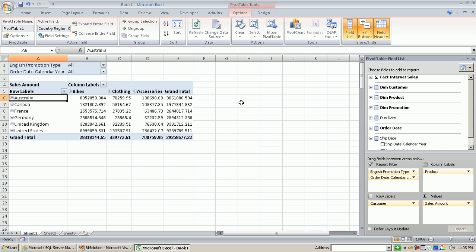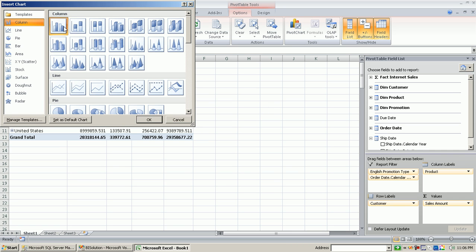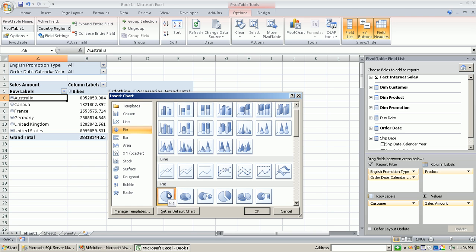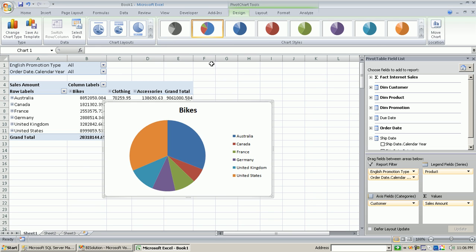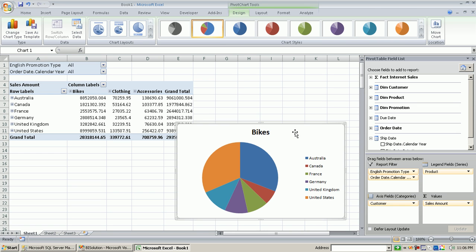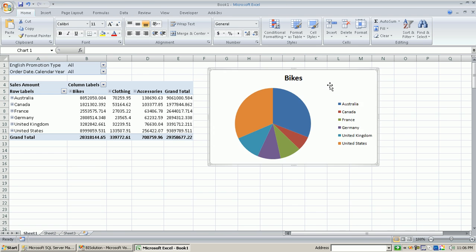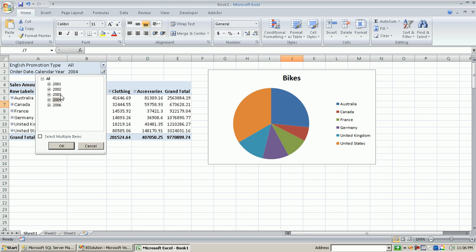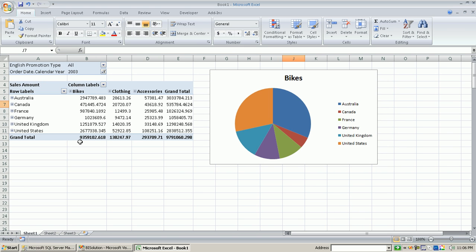And another cool thing about Excel is pivot chart. So you just click on the pivot chart up here and select whatever pie chart or whatever chart you like, and then it shows you that. And now you can basically analyze your business data and choose, for instance, another year, and it will always automatically adjust all the numbers and all the charts. Very, very neat and helpful feature, and